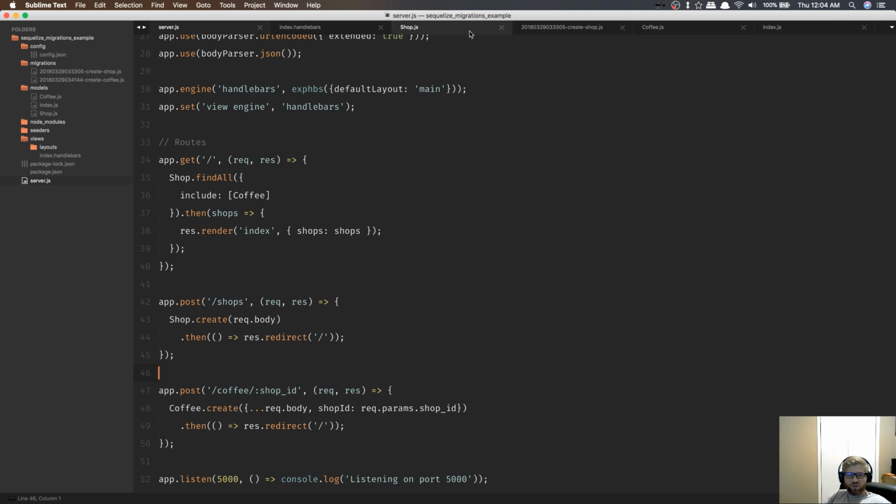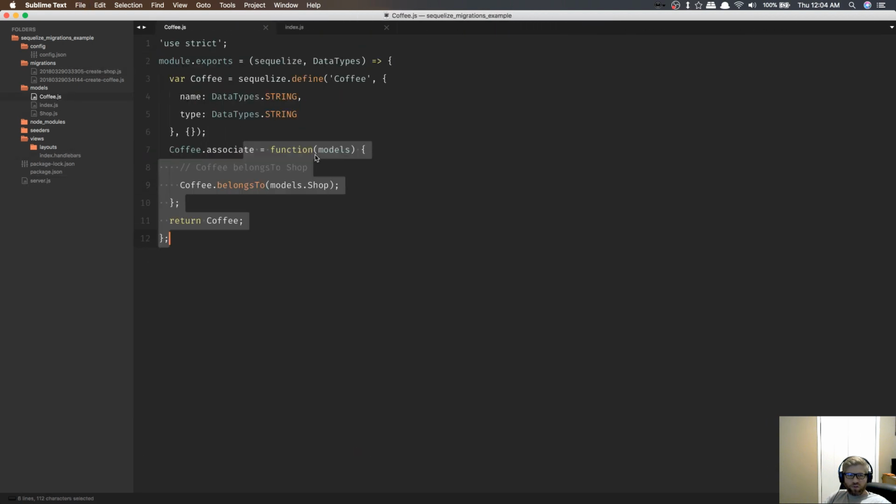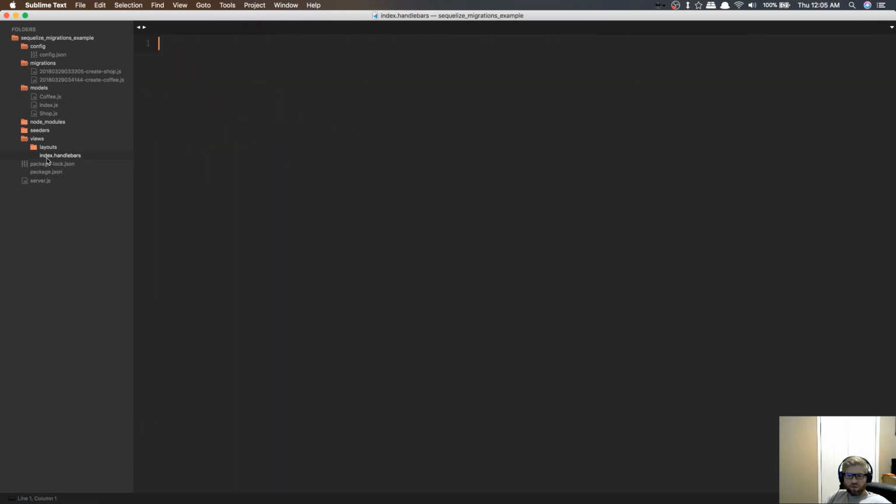Okay, so now let's go into our index template. So I'm going to close out a few files here. Let's go into our index handlebars template. And here we're going to start setting up our HTML. Okay, so not much HTML, but just a few things, really basic, trying to keep it as basic as possible here to show you an example. I'm going to have a header up top, and this is going to be right above our form to